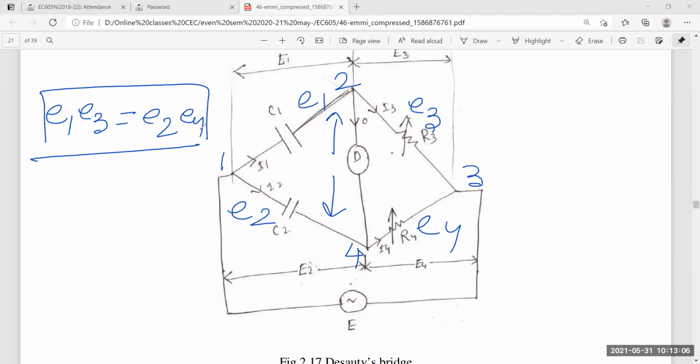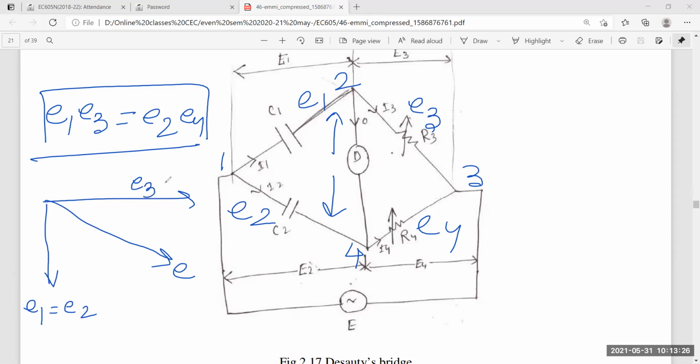Likewise, I have drawn the phasor. I showed the phasor earlier, and I'm again drawing that phasor for you. So this is the thing. This is my resultant E, and here you can take E1 equal to E2, and this as E3 equal to E4. And this is my phasor. In order to draw the phasor, I have taken the axis E1 and E2 on one side, and E3 and E4 on the other side, so that it can make an angle of 90 degrees. Because